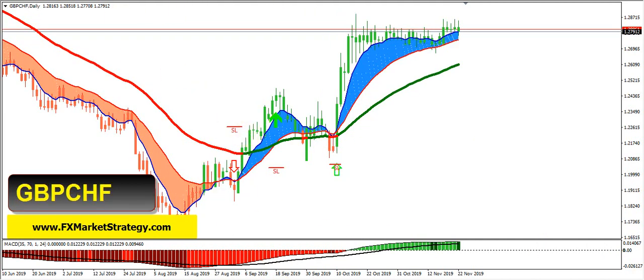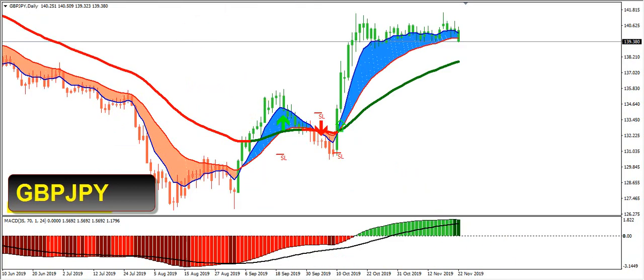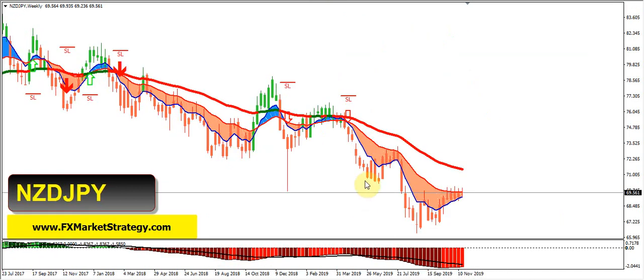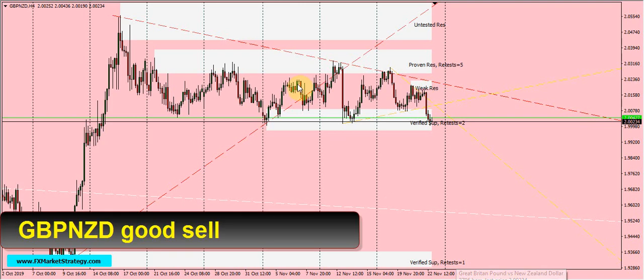Pound franc, this is possibly gonna go down if the pound index does go down. Canadian yen, this continue down to 80. Pound yen, this also same thing, like all the pounds going down. New Zealand Japanese yen, this is probably wait a little bit up then sell it. Okay, don't buy New Zealand Japanese yen, but it may be a little bit slow. About New Zealand, this is a beautiful sell, I believe. We have sold it from here in our VIB channel, so we were looking for a full 700 pips